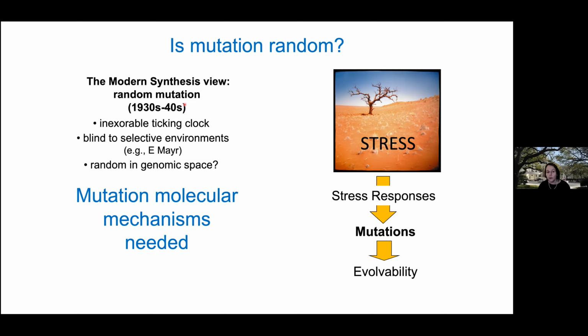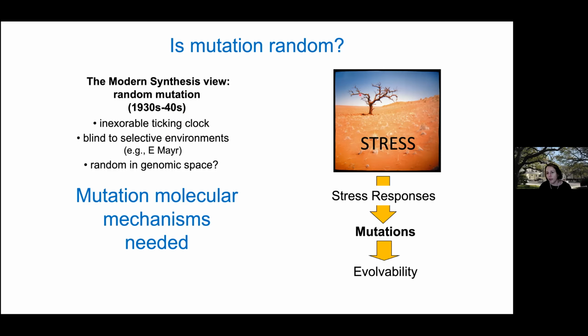What you learned probably in school, and what I definitely learned in school, was kind of like this, that you have populations of individuals who have genetic differences between them, this heterogeneity. They go into a selective environment, and in that environment, whoever has the right stuff wins. And that has been a view since the 30s and 40s, and for good reasons, but you're going to see that it's really not what's going on.